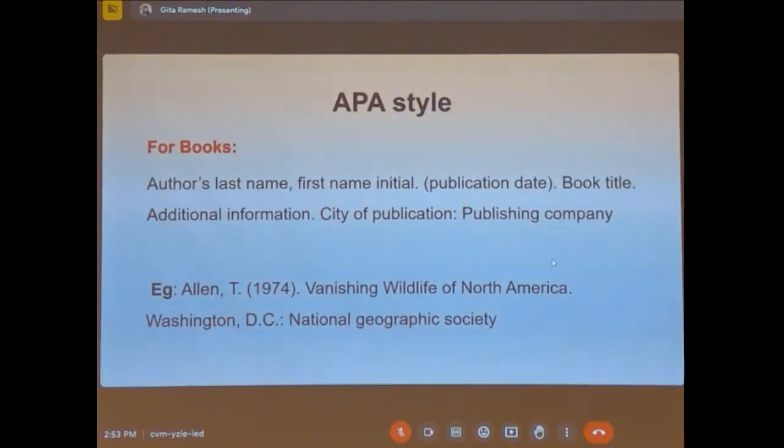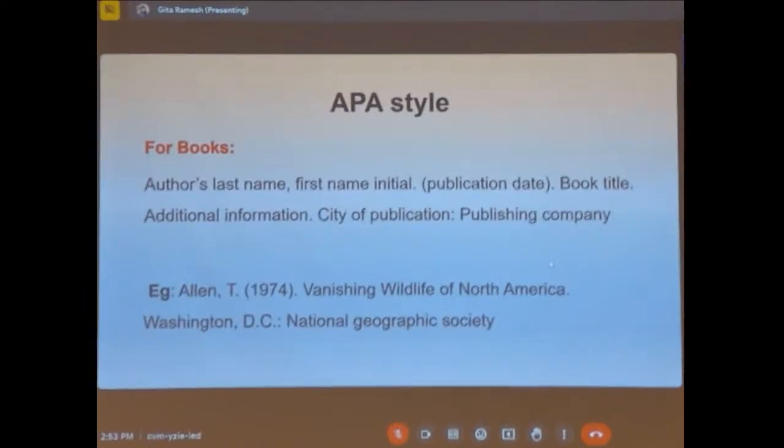What is APA style, American Psychological Association? If you have to cite a book, then the author's last name will come first, the first name or the initial next, the publication date, the book title, additional information, the city of publication, and the publication company. This is an example of the American Psychological Association citation style for citing books. This is how you will write it,